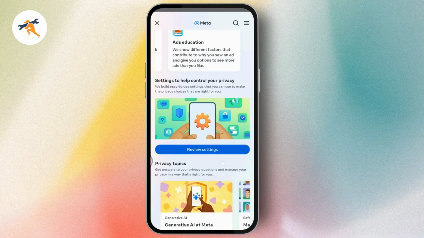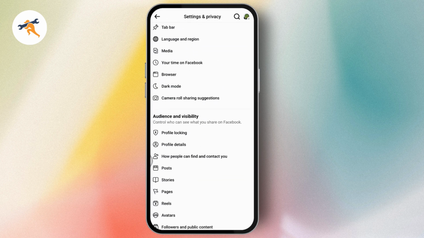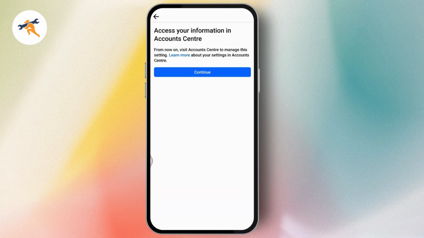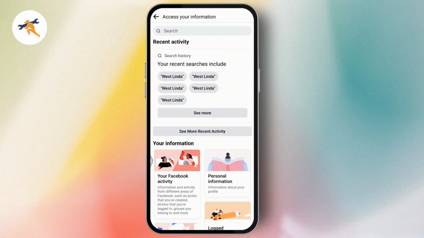But if you don't have that option, just go back and then tap on settings. Under settings, scroll down and under your information, you will have access your information option. Tap on that and then tap on continue and choose Facebook, and it will take you to this kind of